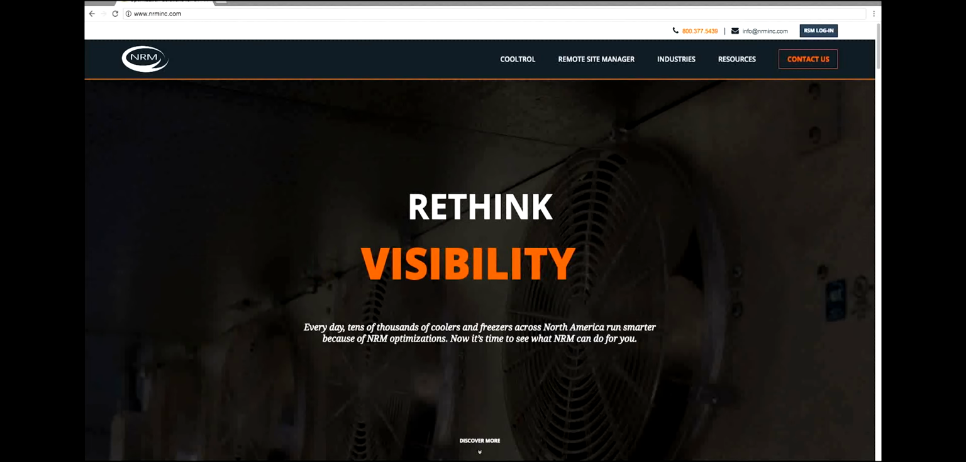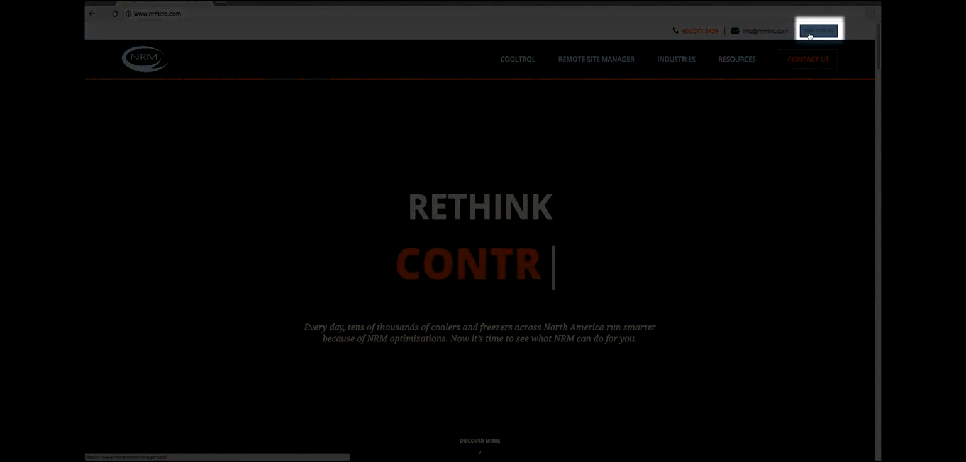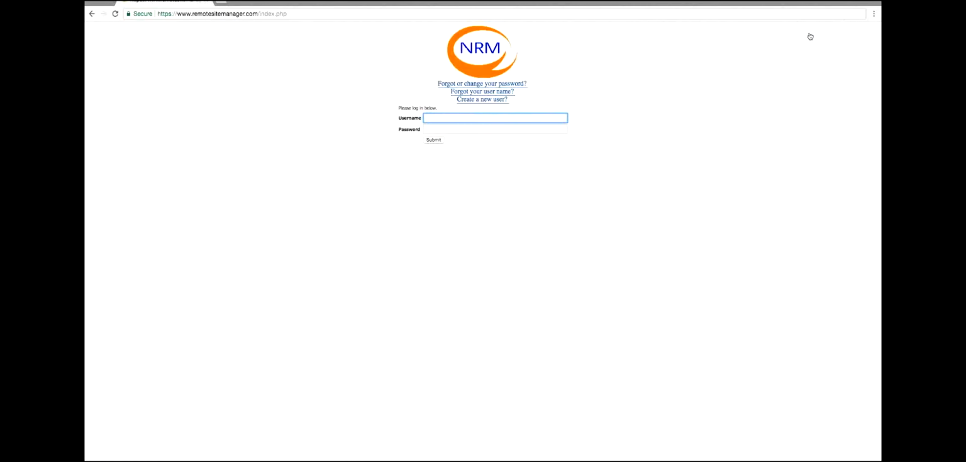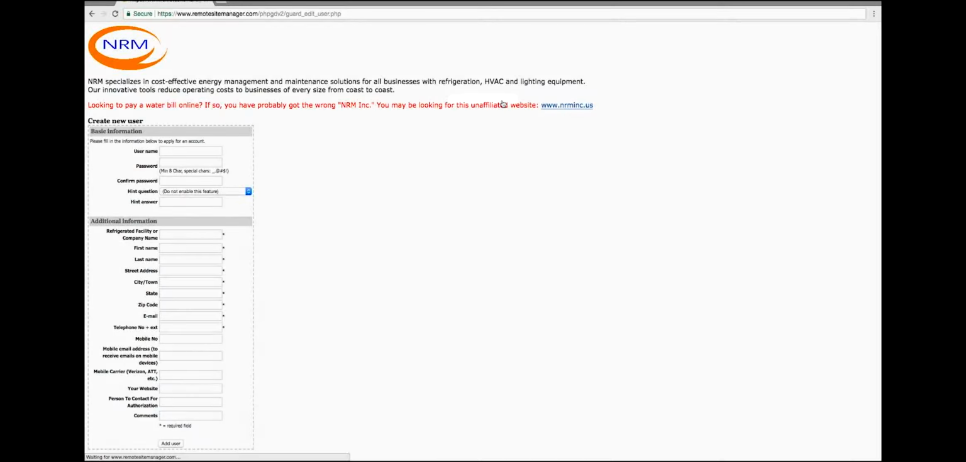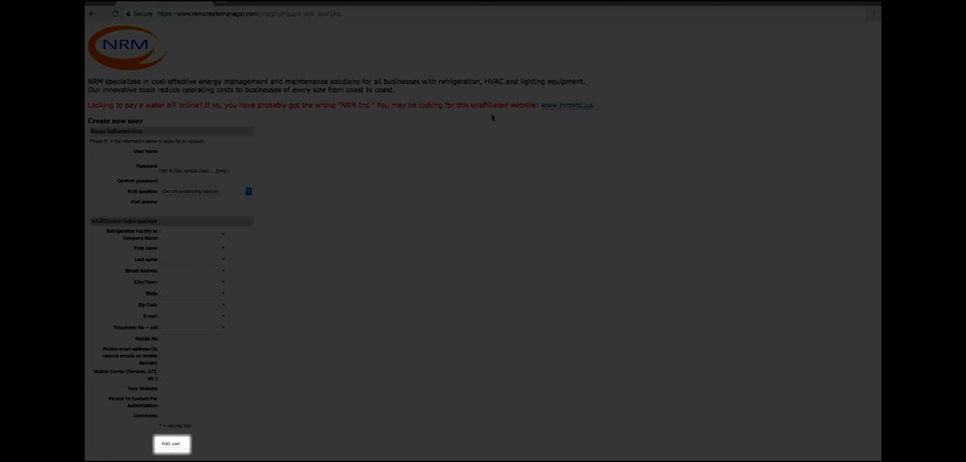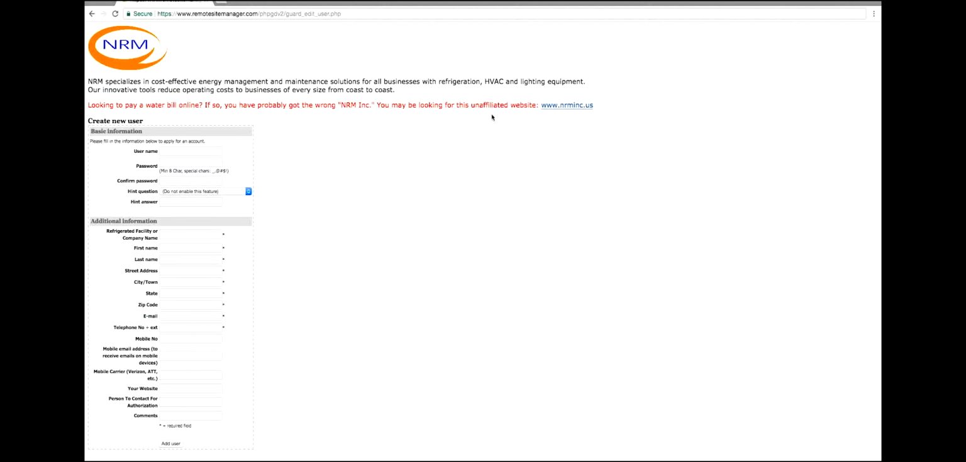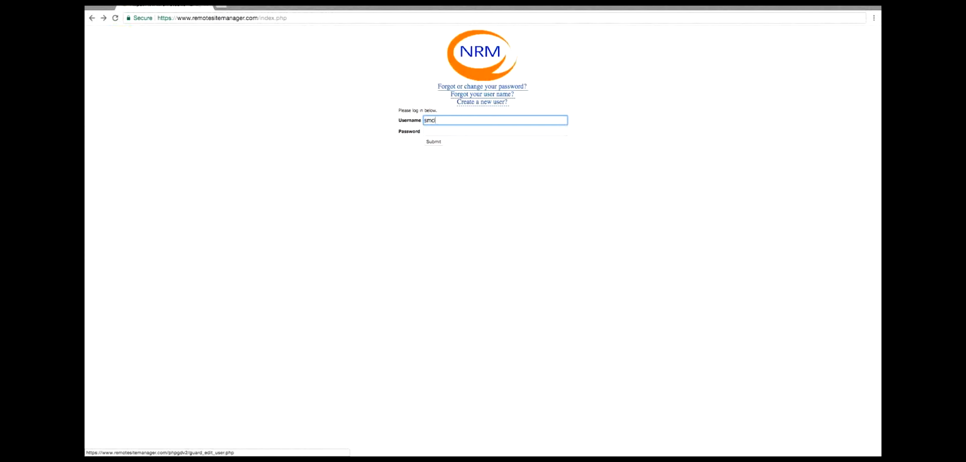Go to the RSM login link in the top right corner, click on it, and that will bring you into the login page. If you don't have a username and password yet, you can do that by the create a new user link. Click on that, and that will bring you to the information page. Fill out all the information, click Add User, and then NRM will activate you for your RSM site. Once you have your username and password, enter that information in, click Submit, and that will bring you to the